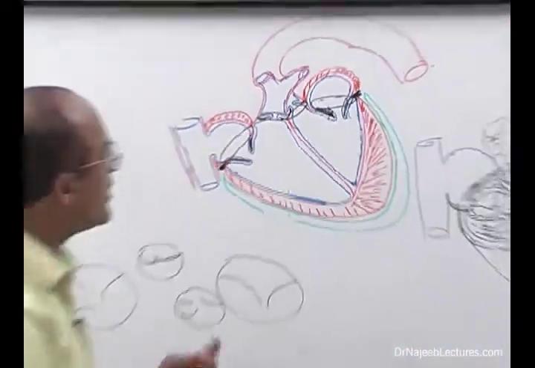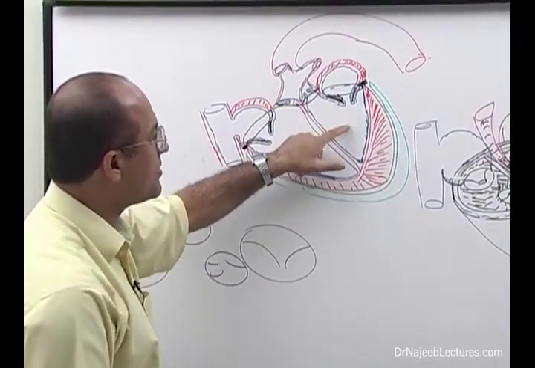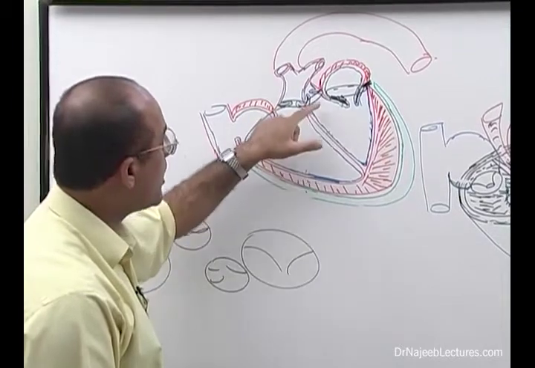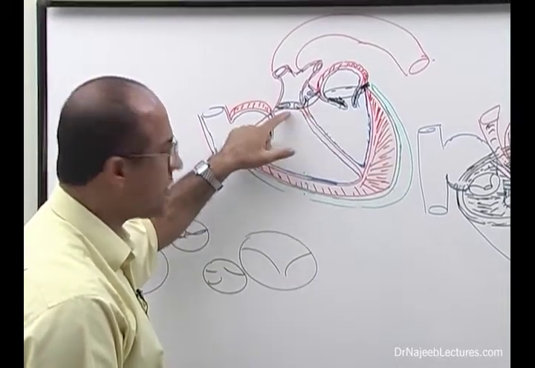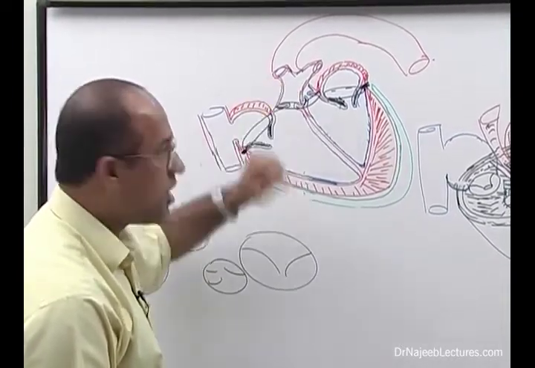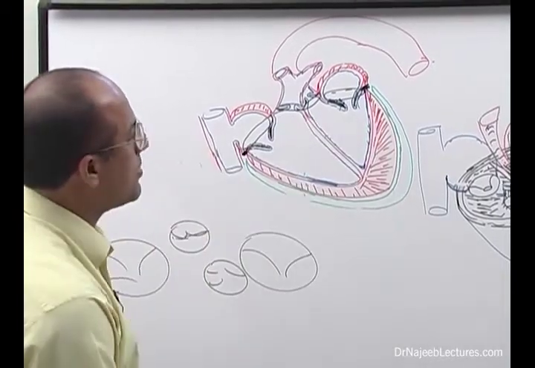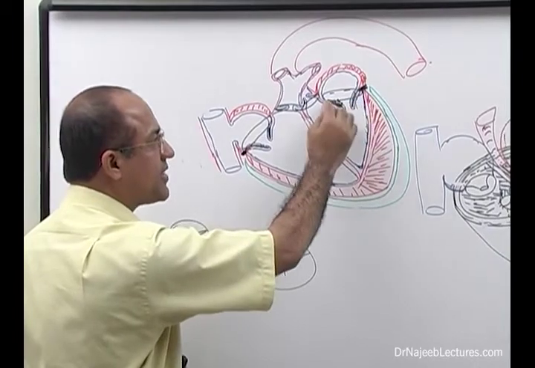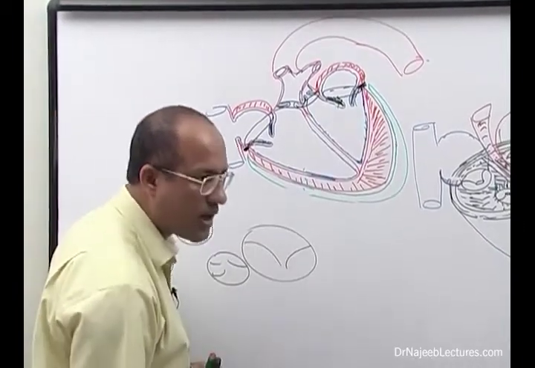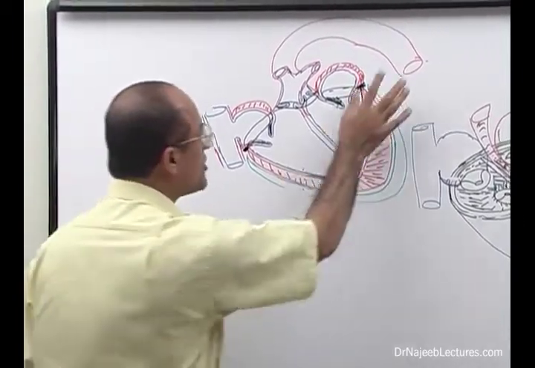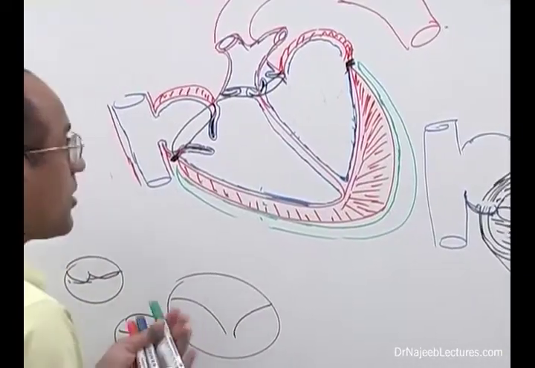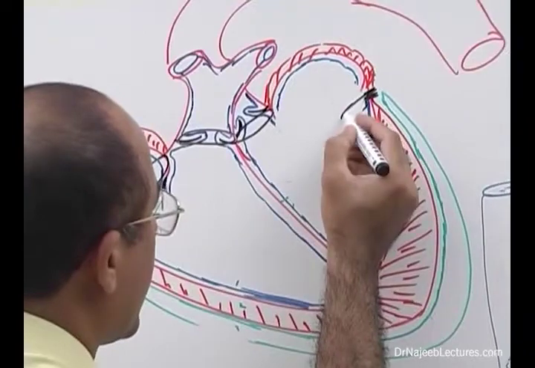So what we see really is that the AV valves, that is the mitral valve and tricuspid valve, are larger valves, and the output valves, which are the aortic valve and pulmonary valve, are small valves. But there is one problem, that not only are the AV valves very large, they are very thin as well. So they are not very strong valves, right? Due to this reason, there is always a problem. The problem is that the mitral valve is very thin,